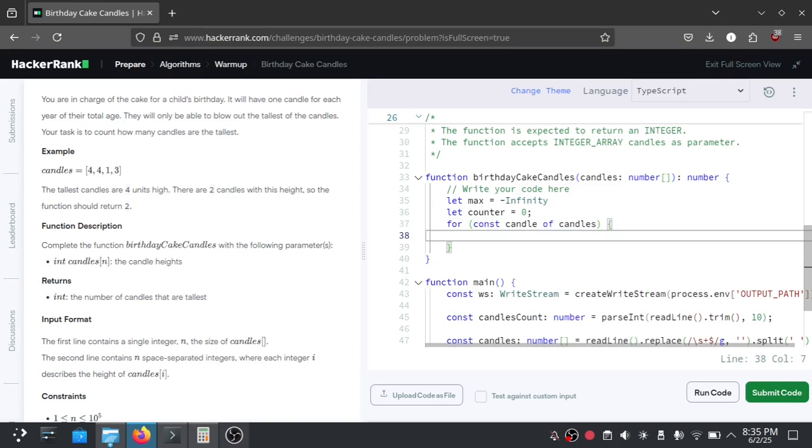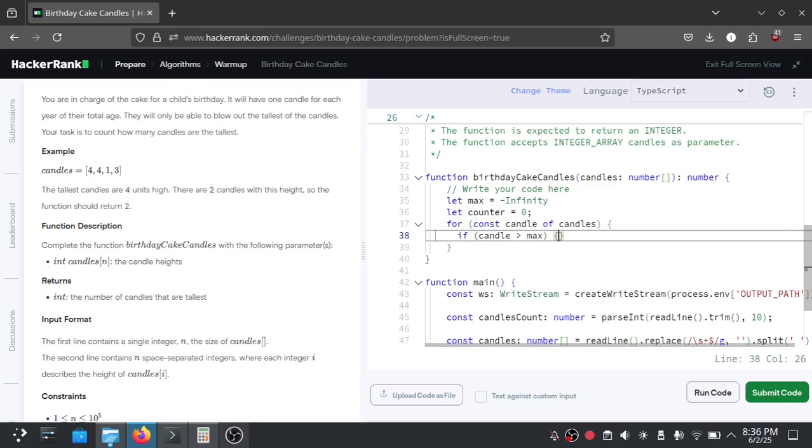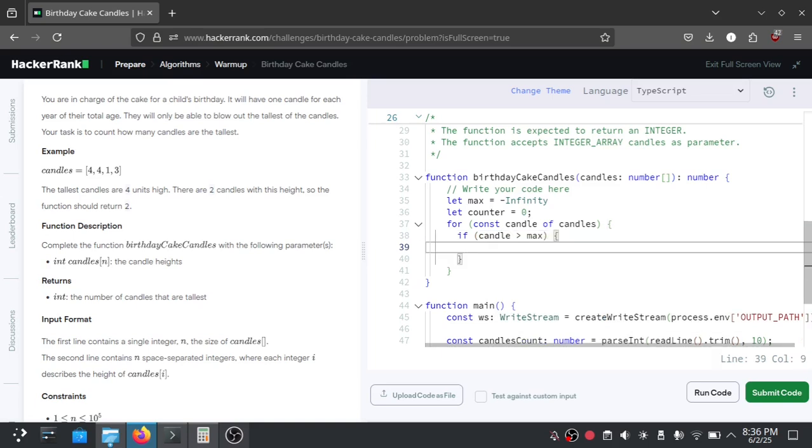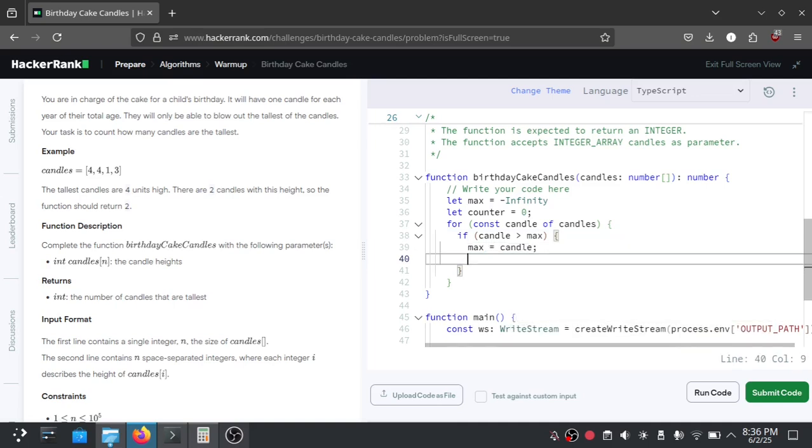Inside the iteration we can use an if statement to check if the current candle is higher than the current max value. If the candle is higher than the max value, then we set the current max value to the candle, and set the counter to 1.